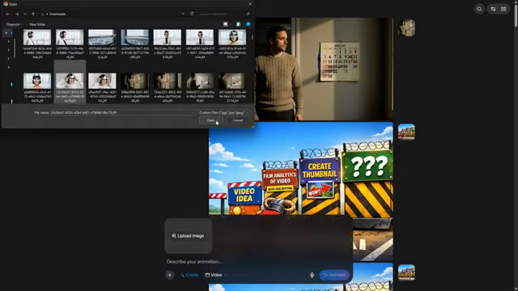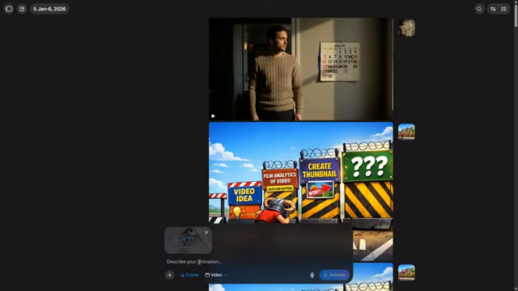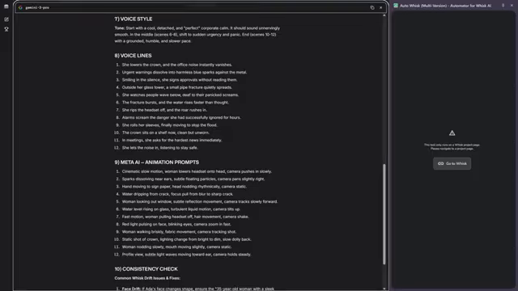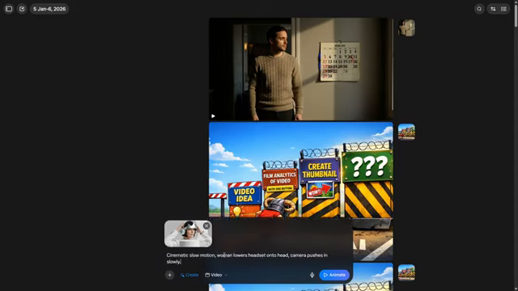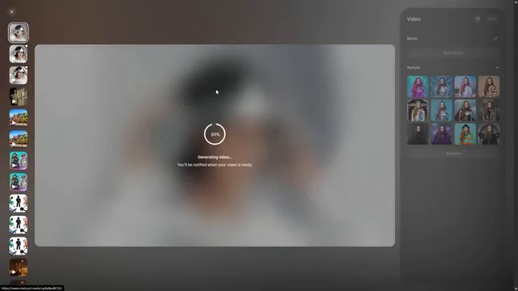Simply, as we're going to the folder where these images were downloaded in the previous tool, we open it, and in Describe Your Animation, we're going to ask LM Arena, and in the same prompt as before, we're going to copy the animation prompt that corresponds to the first image. We paste it, we click Animate, and look how it gives it a natural and much more eye-catching animation with